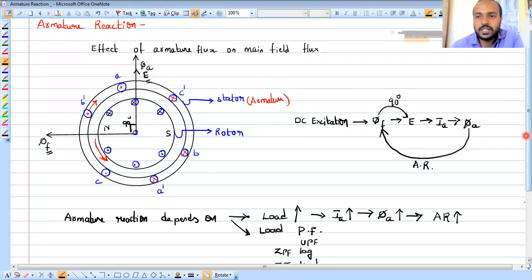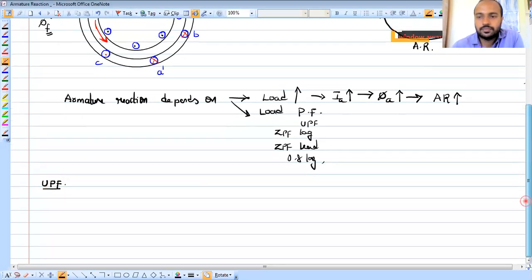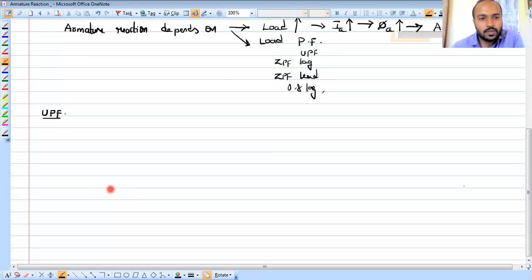Okay, that is for unity power factor. Let us see the first one, for unity power factor. So for unity power factor, if you draw the same phasor diagram, we know that our main field flux,